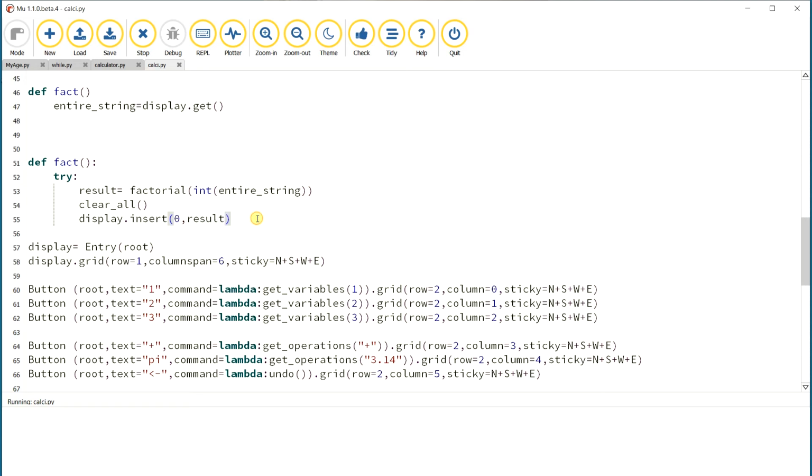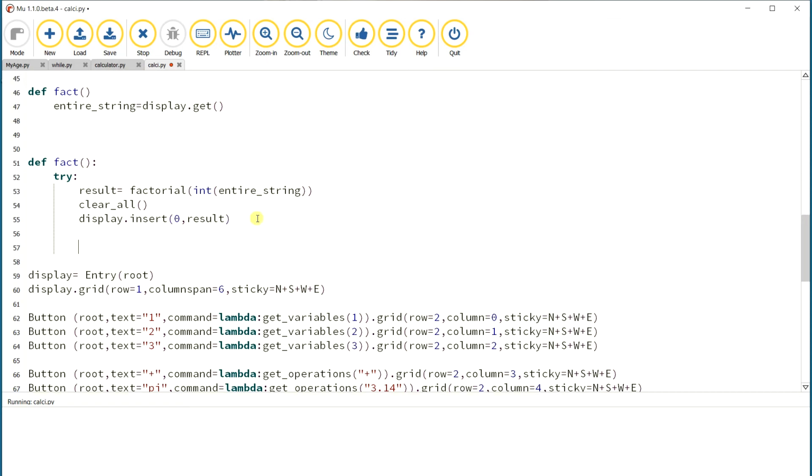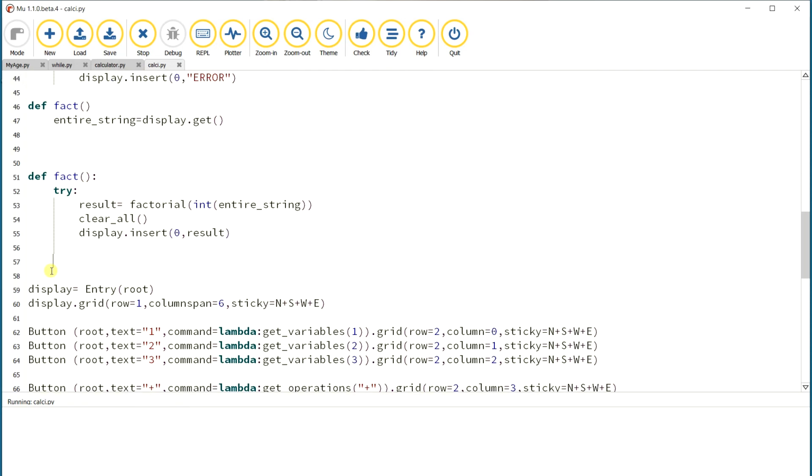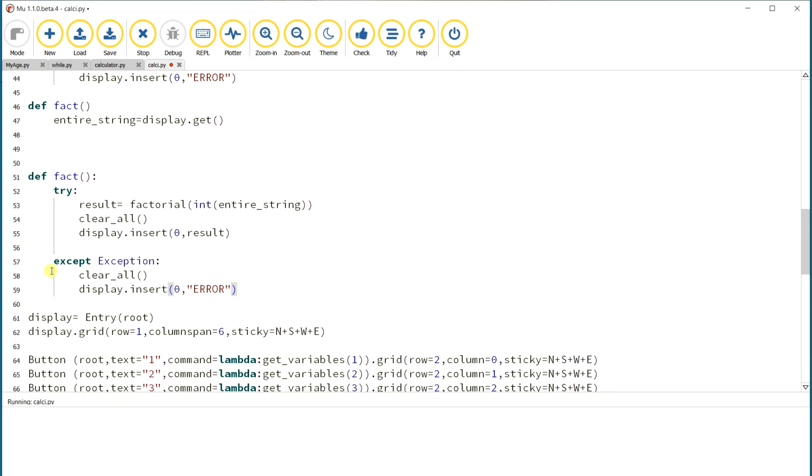And as usual with exceptions: suppose the user gives wrong input, like a plus and minus operator, and presses the factorial button, the error should be shown. For that only we are using try and catch. In other languages we use try catch; here it is try except. So we have finished all our function definitions and let's try to run it.